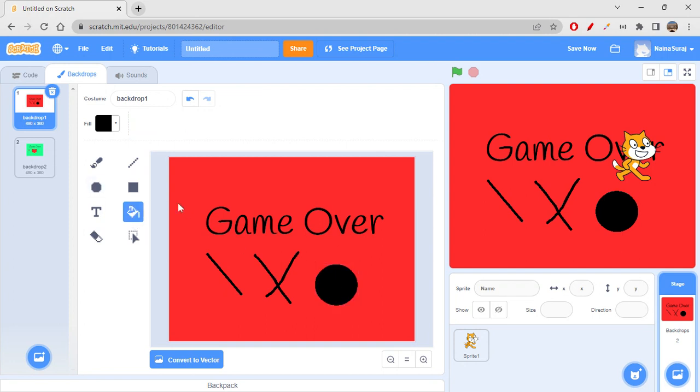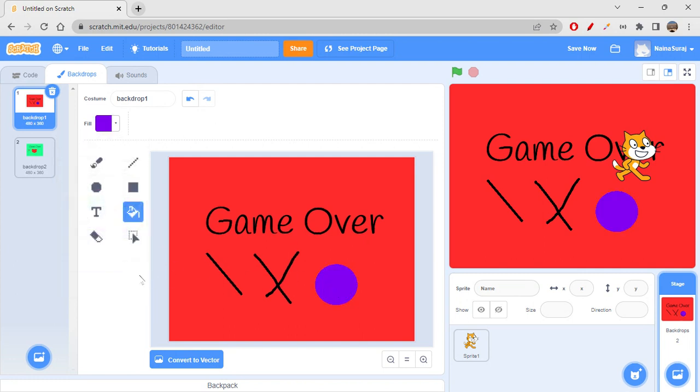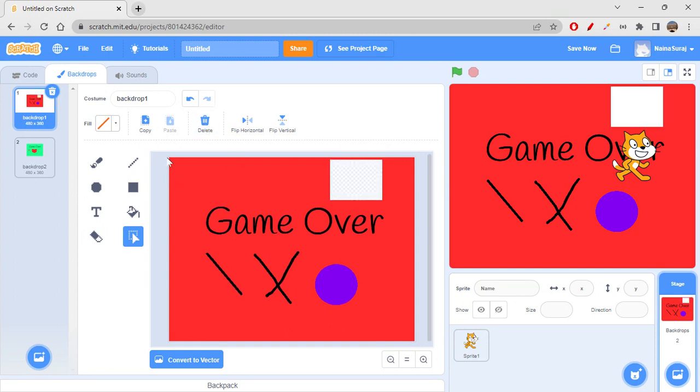So with this fill tool, let's suppose I'm choosing some other color now. That's it. And then you can use the select tool to delete some part of the drawing. Let's say I'm just selecting this part, right? If I click on delete, I can delete it. If I select something like this, click on copy and then click on paste, you've got another one of it.